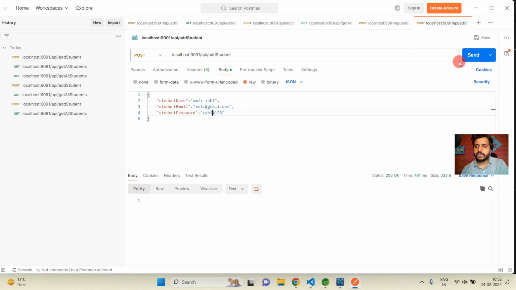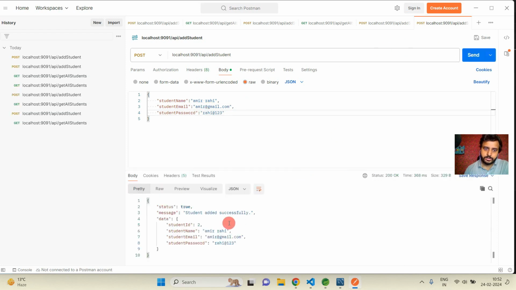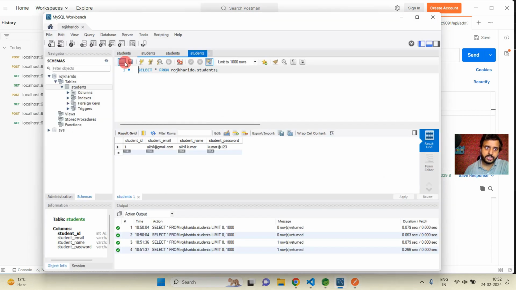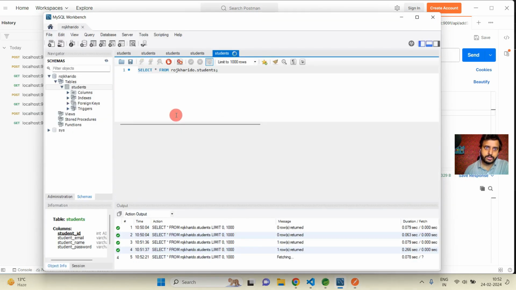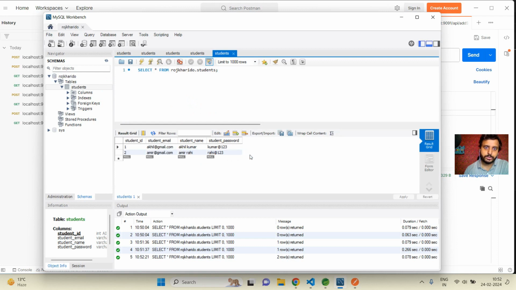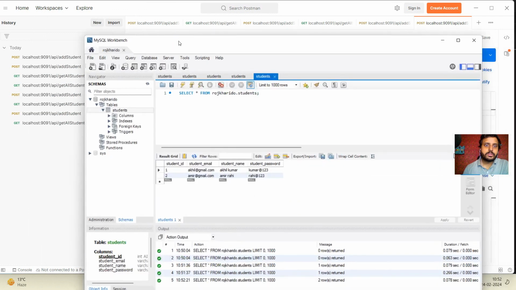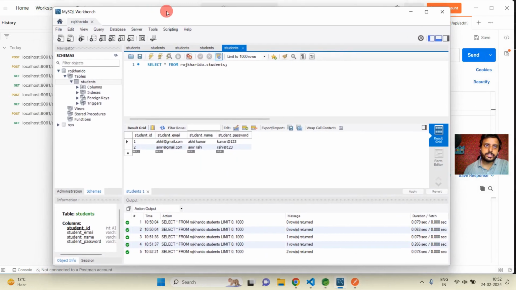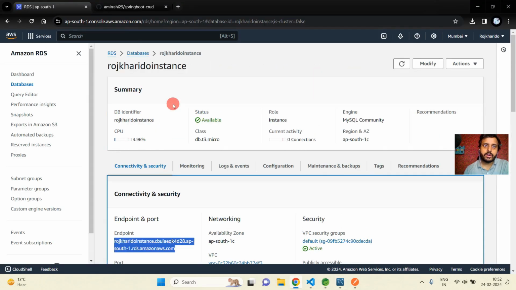Okay, and then click on this send button. So you will get these details, and now I'm going to refresh this workbench again. Okay, so here you will see two entries. So finally, this is the time to upload the Java jar file into Elastic Beanstalk. Our RDS process is completed, so just click on this AWS option, and then